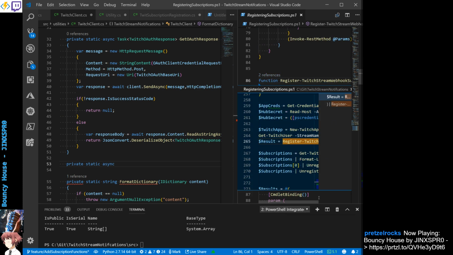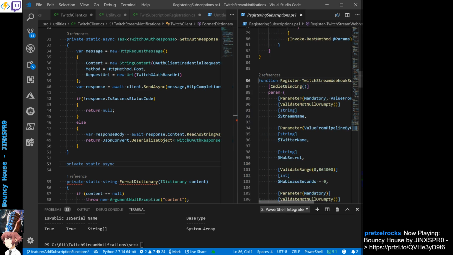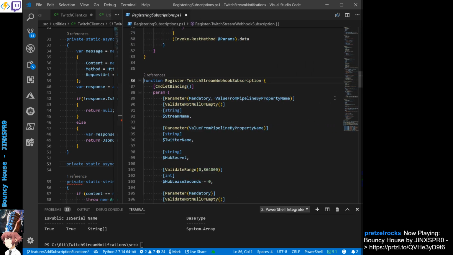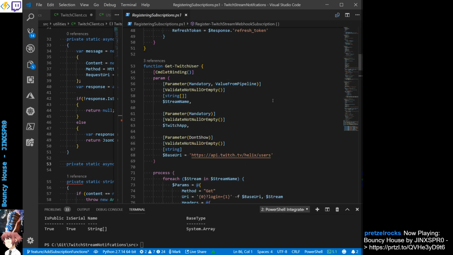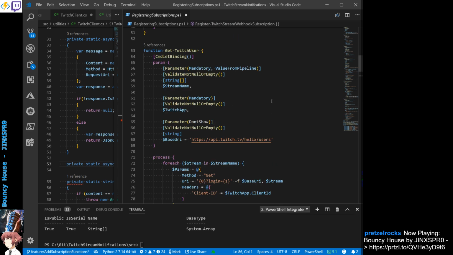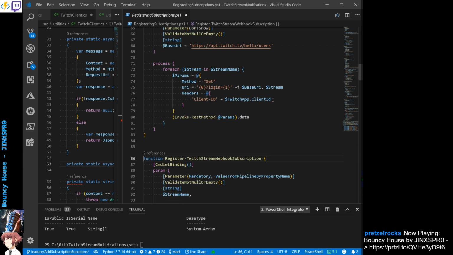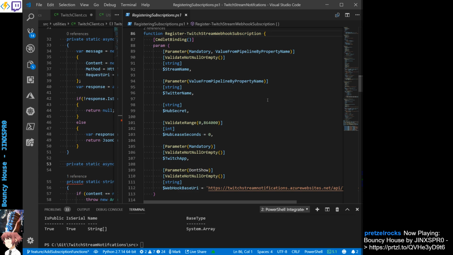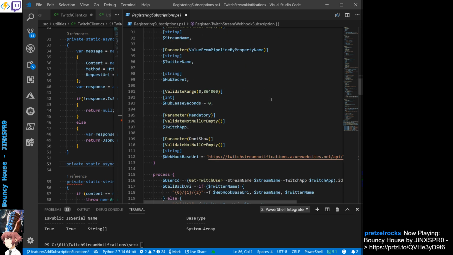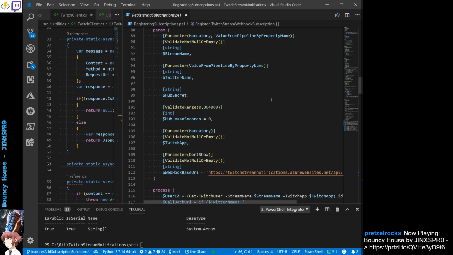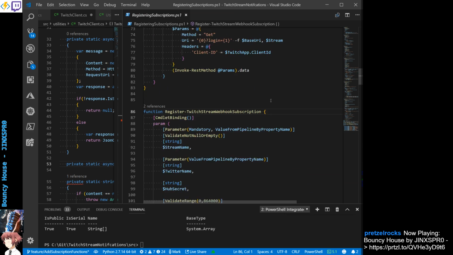Oh, no, go away. So a little space to work with. Get Twitter user or Twitch user. I probably need to create a user model because there wasn't a user model in the library that I borrowed from. So I might have to create one, but